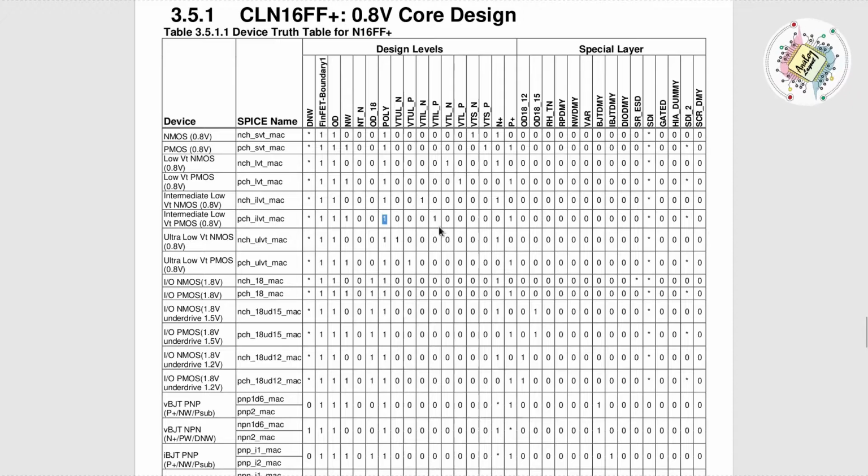After fabricating the poly, they directly fabricate VT ILP. So this is the intermediate. VT is nothing but the threshold voltage, and ILP is nothing but intermediate low. This is PMOS, so that's why they need to fabricate this P. So this VT ILP is the VT of the intermediate low voltage PMOS implantation layer, which is required for the intermediate level, located here. So these are all the important or compulsory fabrication steps to fabricate this P channel MOSFET.